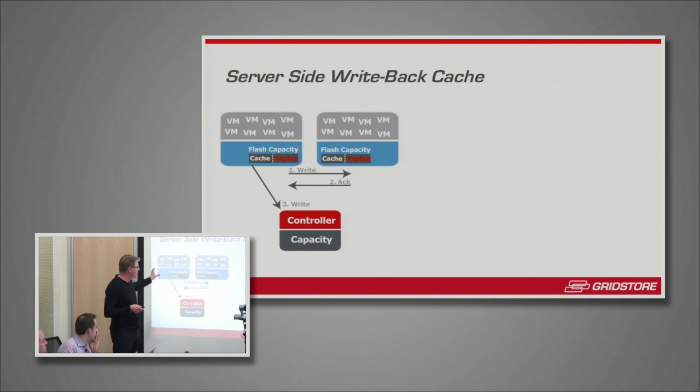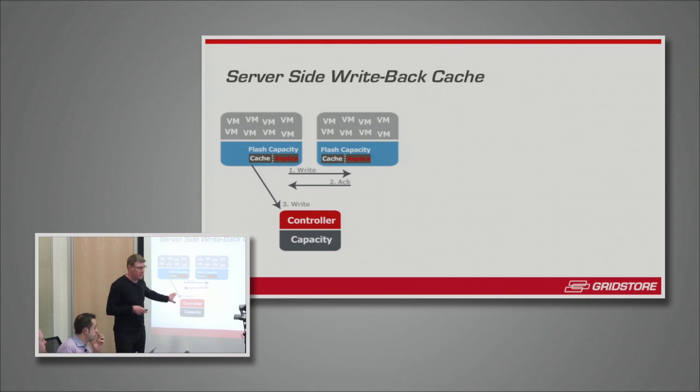People are really looking at server-side write-back cache. The way that works is you have two pieces of flash in two different physical hosts. You cache it here, but you have to replicate that across to another host so you can handle a failure. That could be one write or two, depending on whose product you're using. So you have a round trip on a network to get that confirmation back. And then it coalesces I/O and plays it out of band to storage,